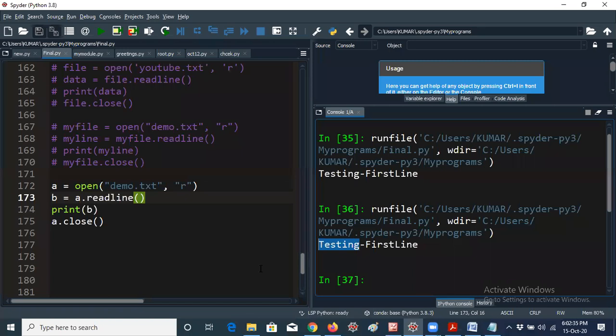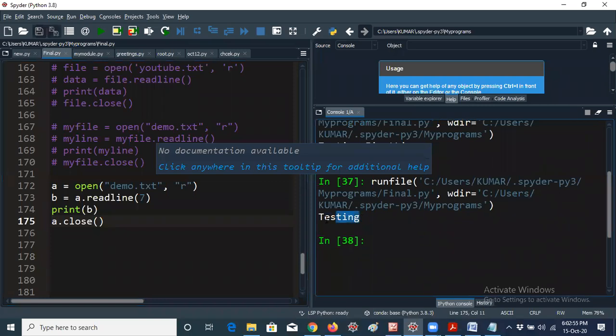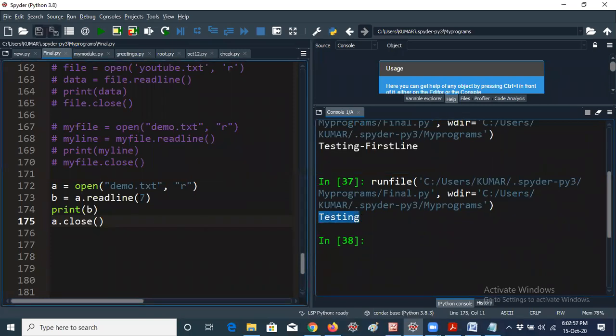7. Thank you guys, thanks for your response. You are following the class. Let me give 7 here. I'm giving the size now. Basically, whenever you give the read line method, it reads the entire line in the particular file. Now I'm running the program again. You can see the output is "testing", which means it displays only 7 characters in a particular line. This is the size. That's not a big problem. You can take the length.